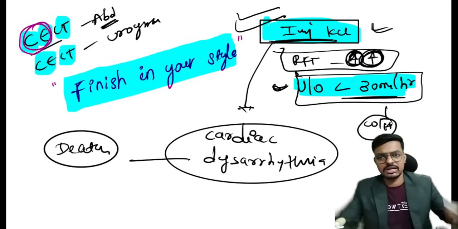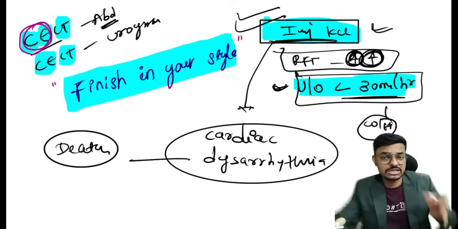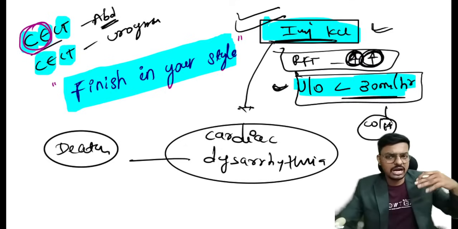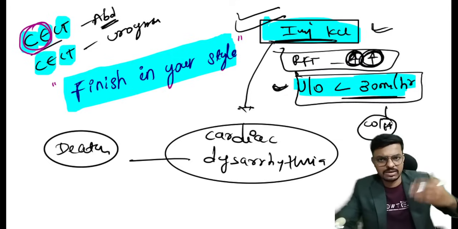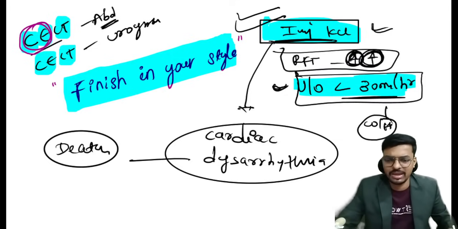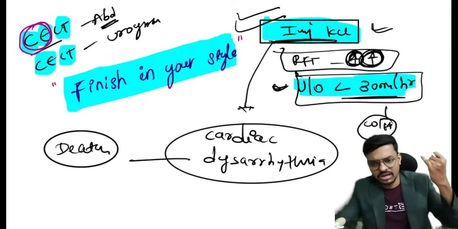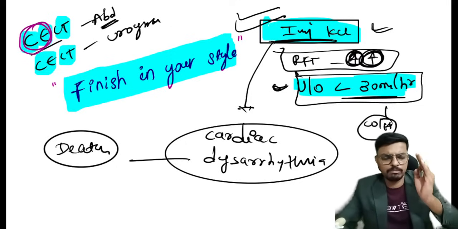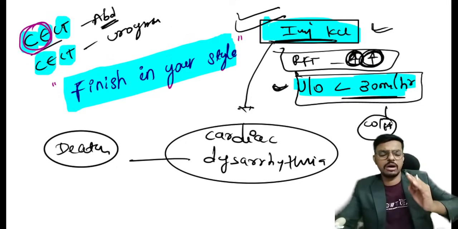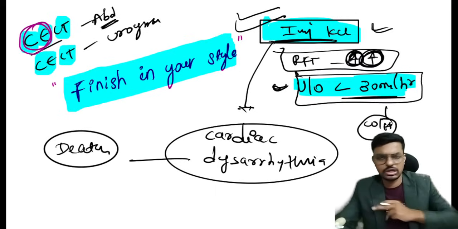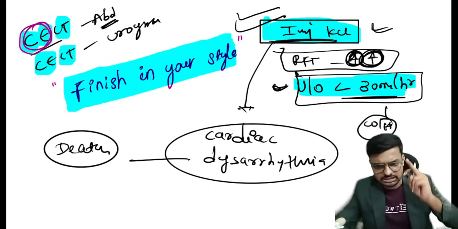If the kidney is damaged and you administer the contrast, the contrast will remain in the body, and it will cause severe allergic reactions, severe skin reactions, and severe respiratory problems. That is the reason before administering the contrast, the KCL, or the MgSO4, you have to monitor the urine output. If it is more than 30, give. If it is less than 30 ml per hour, don't give. Please do remember the concept. It is important for your exam.